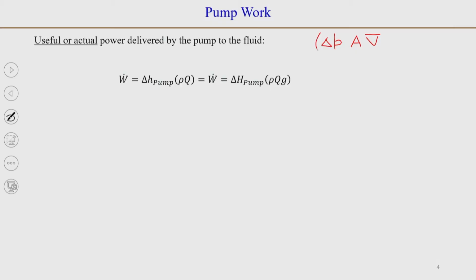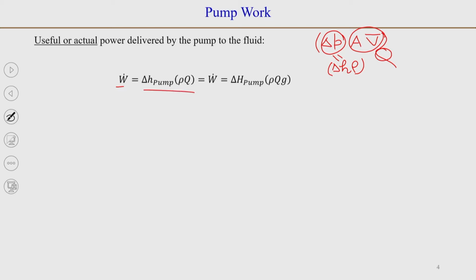So, that will become the energy per unit time, or power. So, the rate of work done by the pump on the fluid is basically delta P A into V bar, where A into V bar is nothing but Q, the flow rate, and delta P, we saw from the previous slide, is delta H into rho. So, the pump work we can write as the pump head delta H into rho into Q,